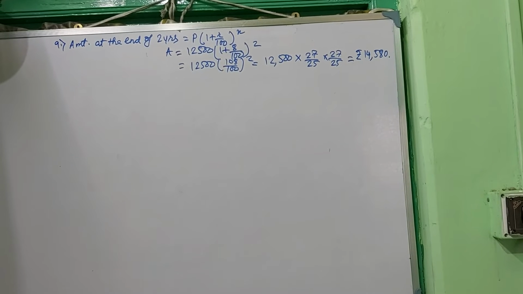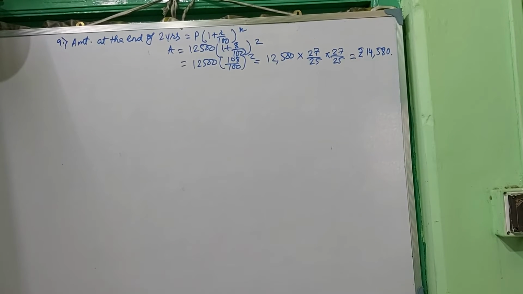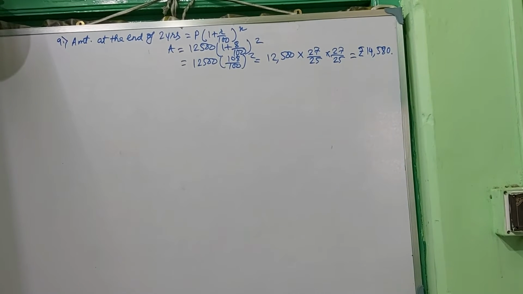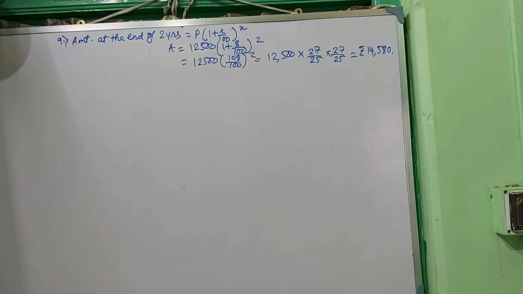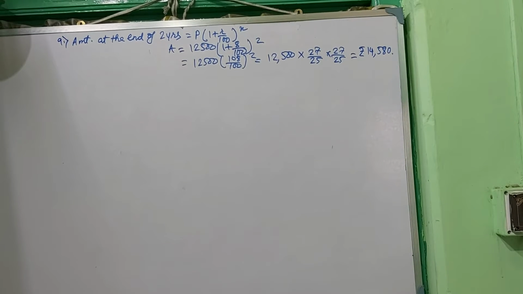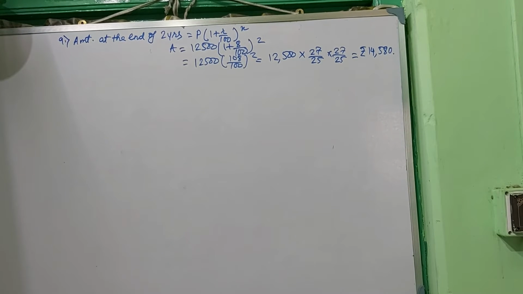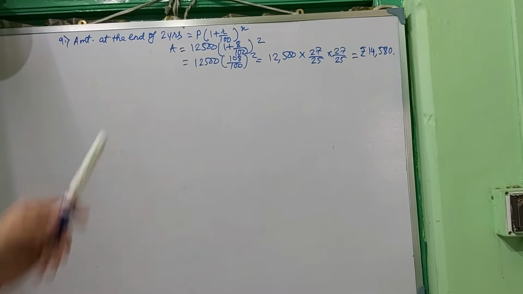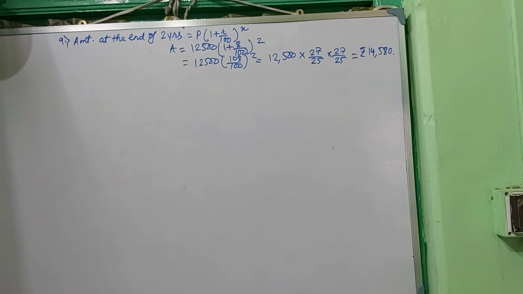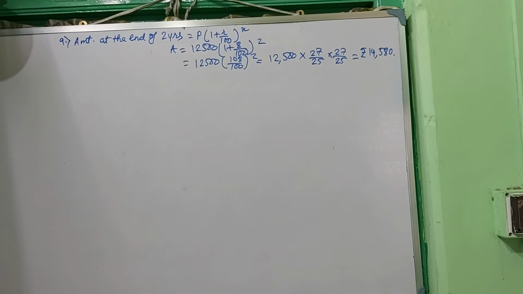Because 2.5 years, you cannot calculate directly. It will be difficult to calculate 2.5 years directly. So first I will calculate 2 years, then I will calculate the half year separately. Because these 2 years you can easily compound on an annual basis, in a normal compound interest basis. But for the half year, you have to calculate on a simple interest basis, the simple interest formula basis.